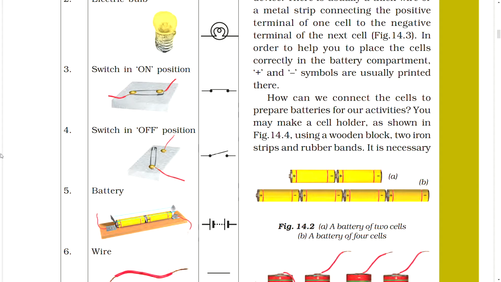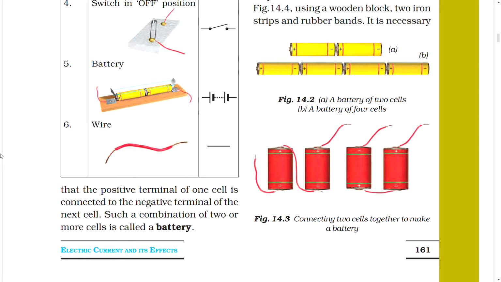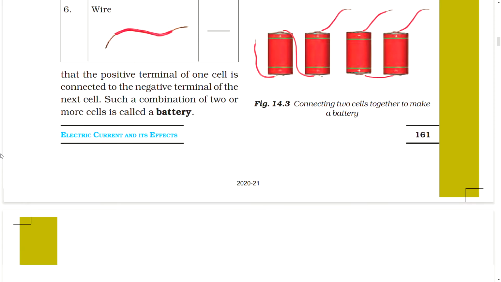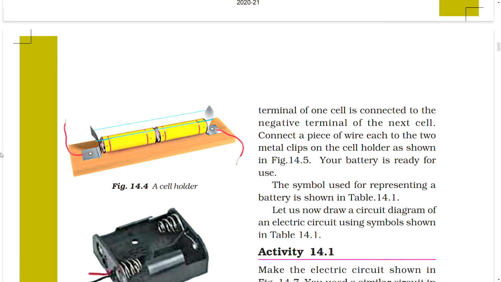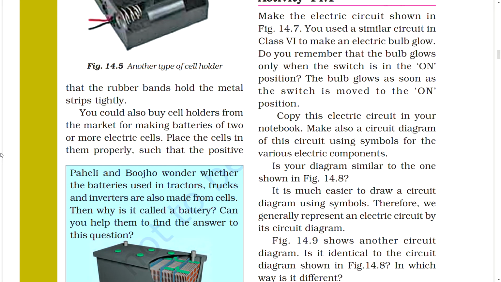You may make a cell holder. As shown in the figure, use a wooden block, 2 iron strips and rubber bands. A battery of 2 cells. A battery of 4 cells. Connecting 2 cells together to make a battery. A cell holder. Another type of cell holder. Notice that the rubber bands hold the metal strips tightly. You could also buy cell holders from the market for making batteries of 2 or more electric cells. Place the cells in them properly such that the positive